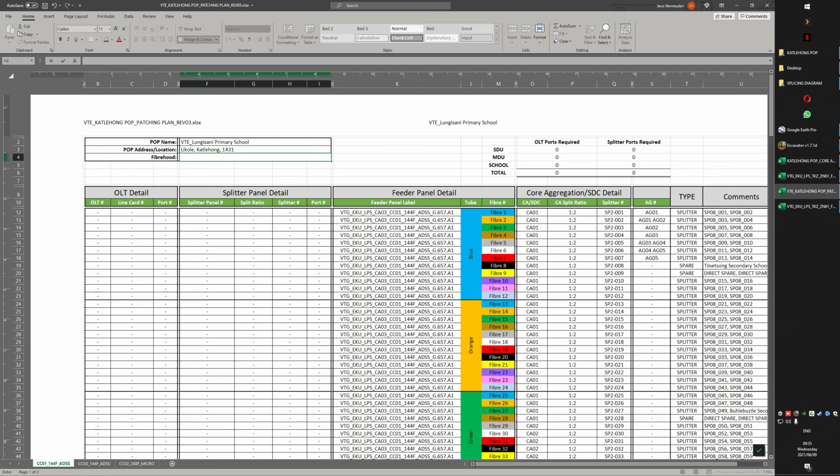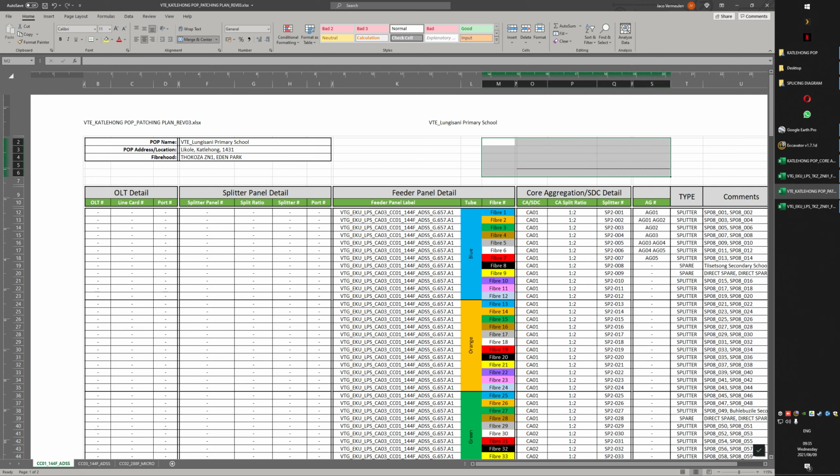So here we're going to have Tokoza Zone 1, and we're also going to have Eden Park. So it's just a good thing to add them, and then the technician on site can look at this and get all of the data there. Okay,